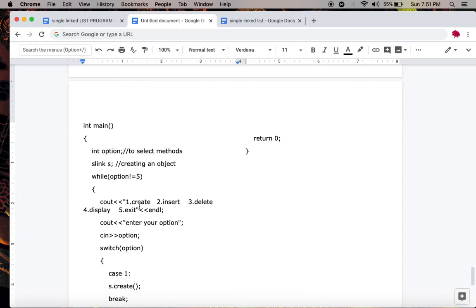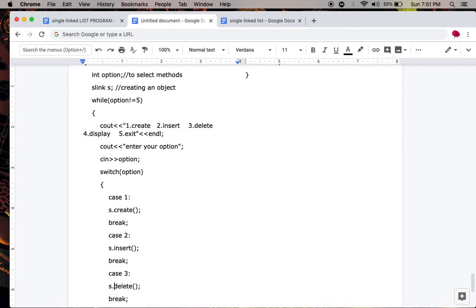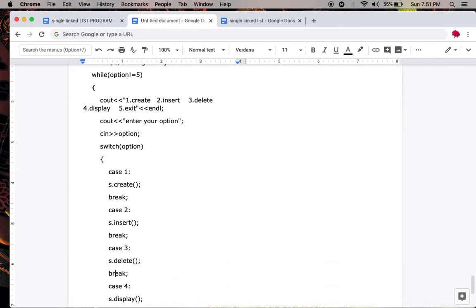Here the first function is the create function to create a head node, the second function is to insert a node at the first position, middle position and the ending position, and you can call the delete function to delete the starting node, middle node and ending node, then the display function, and finally the exit function to exit from the loop. Here I am taking the switch statement. Whenever the user enters an option, the switch case is executed, and you can call one function in the switch case and execute the loop. Thank you. Next class we will discuss another topic.